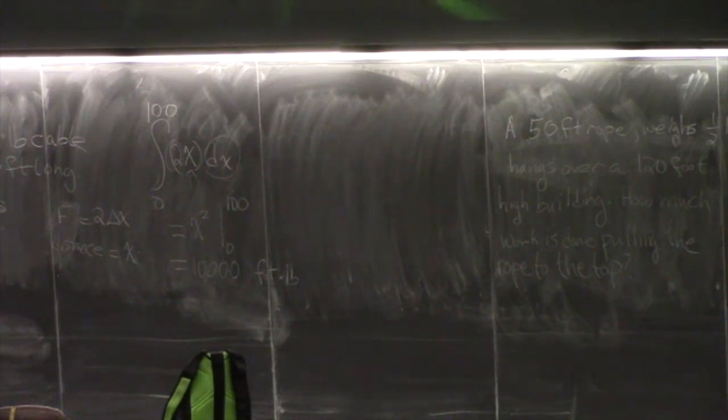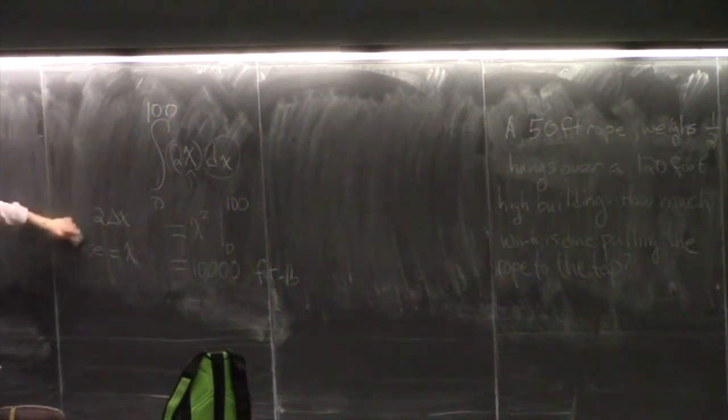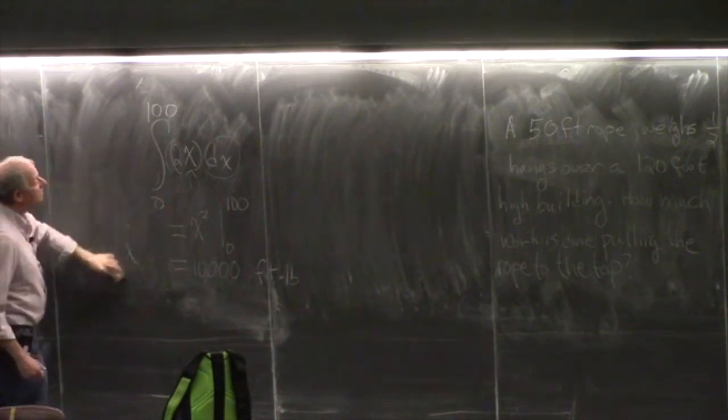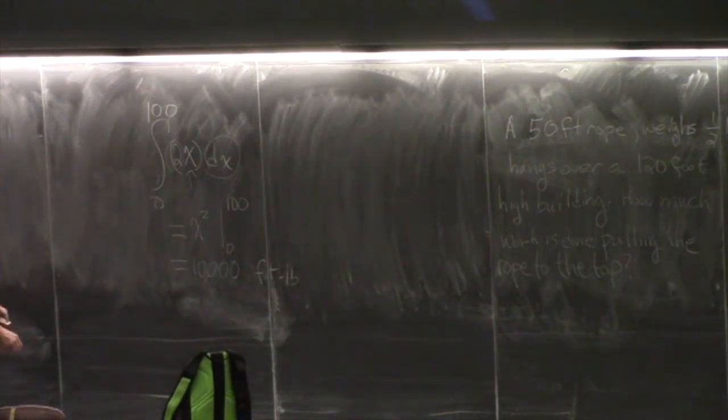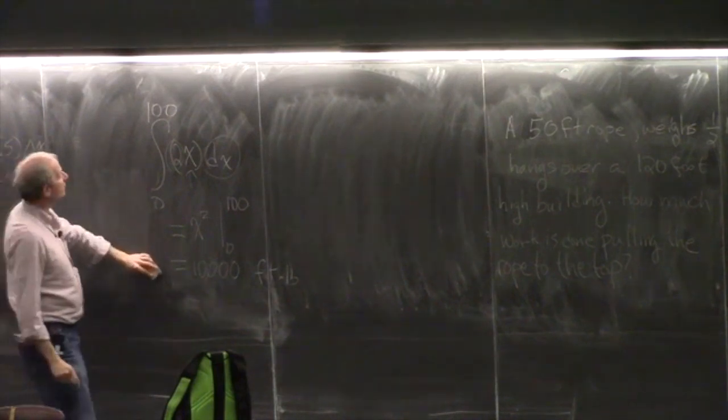What would make it entertaining would be to lift it from some spot way down the building with, say, a very thin string holding the end of the rope to a different spot on the building. But what's going to happen is the weight of that rope at any moment is 0.5 times delta x. So the force is 0.5 delta x, and the distance that we have to lift it is xi. So just like the last problem,